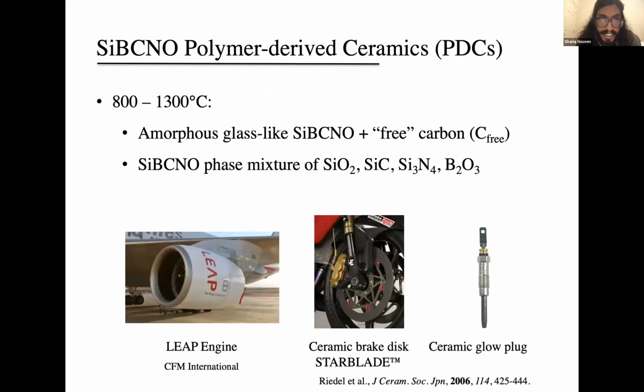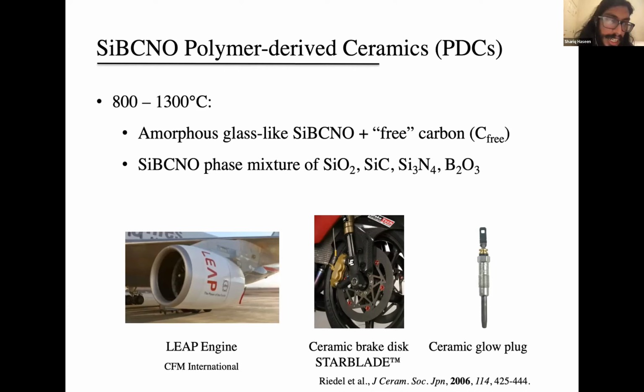So a brief background about polymer-derived ceramics. There's a list of notable properties they have. They have an interesting viscoelastic response, corrosion resistance, oxidation resistance, and research has been done in applications like anode material in lithium-ion batteries, low-k dielectric thin films, and we're interested in the